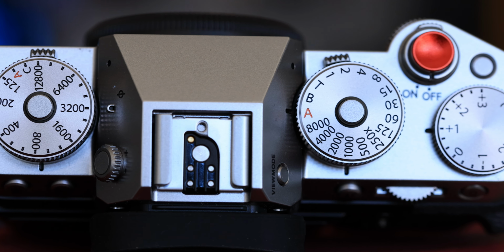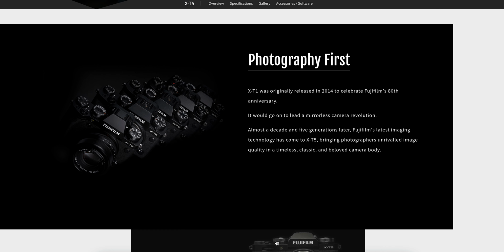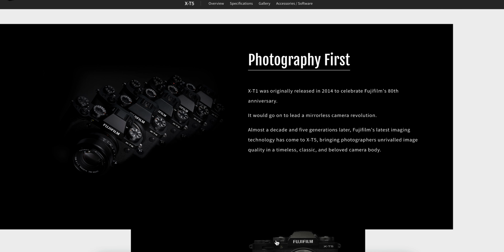Another place where the X-T5 shows big gains over the 4 is in the video department. Now, I'm assuming that most people looking at the X-T series will be still shooters primarily, but the improved IBIS plus the ability to record 6K video as well as F-Log 1 and 2 actually make the 5 an excellent choice for video shooters and a hybrid shooter sort of in its own right. Although Fujifilm does market the camera as photography first, which I believe it is, it certainly doesn't shortchange users in